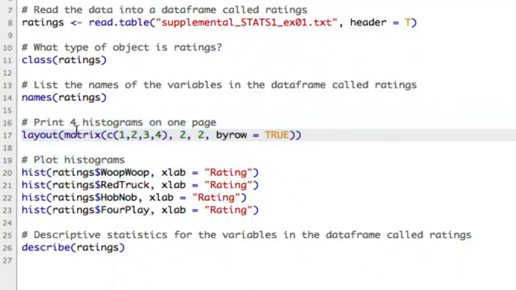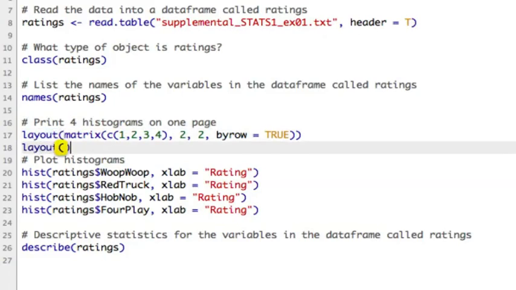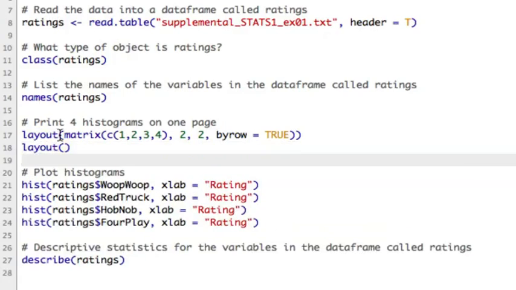Then things are going to get a little bit complicated. I just want to go through this one. This function can look confusing, but it's not as confusing as it looks if you split it up, because it's actually multiple functions stuck inside each other. So you can see overall he's using the layout function, so layout in parentheses. And in layout, he's given